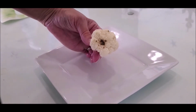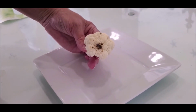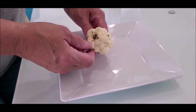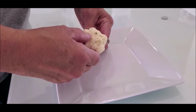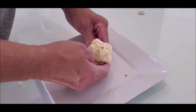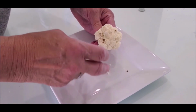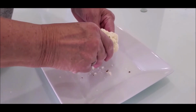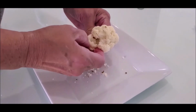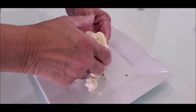This is a dense matter tumor that has been severed from the blood source. You'll notice that it has some black on it, and I did that on purpose. I let this piece go bad so you could see that when cancer dies, it turns black. And if this is a tumor that's on the outside of the skin, you can see that it's hard, and the body's going to have to try to break this up. So what it's going to do is have pieces of it come off. The dead parts will come off first,